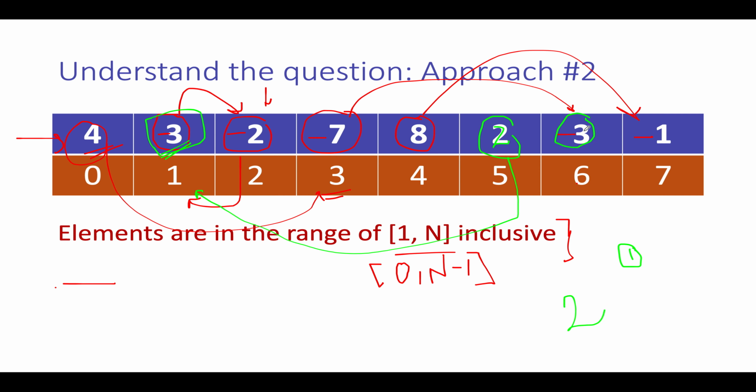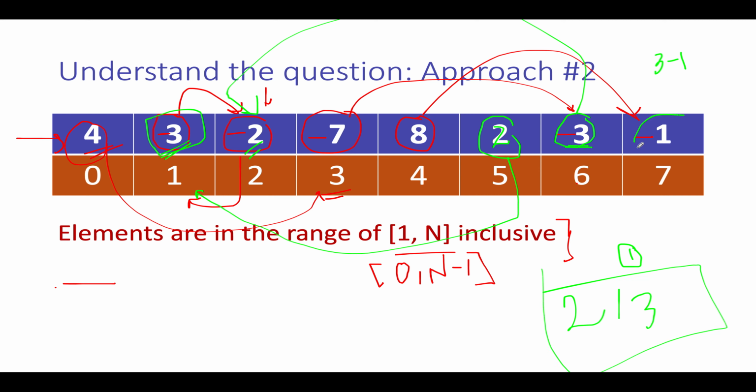Let's move ahead. Next we have is minus 3. You take the absolute value. You get 3. 3 minus 1 is 2. You jump on to the second element of the input array, and what do you see? That the element has already been negated in the past. That means you have seen the third value in the past before. So you add 3 to your result and continue the process.